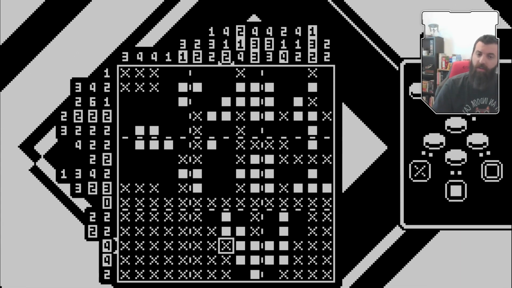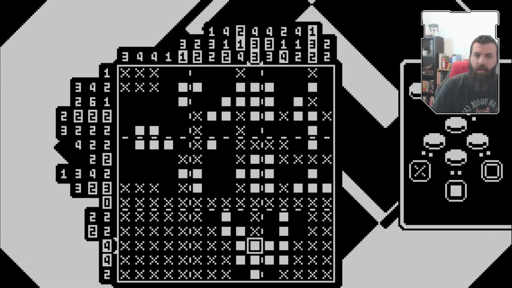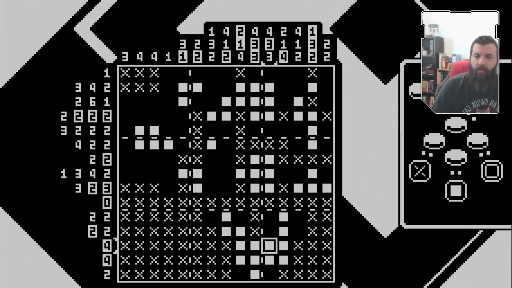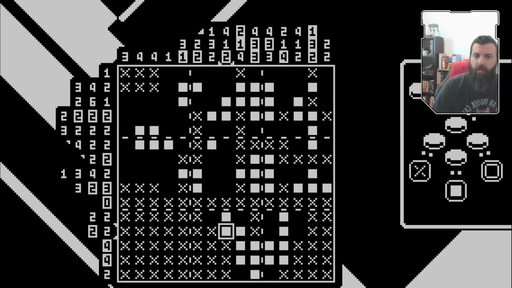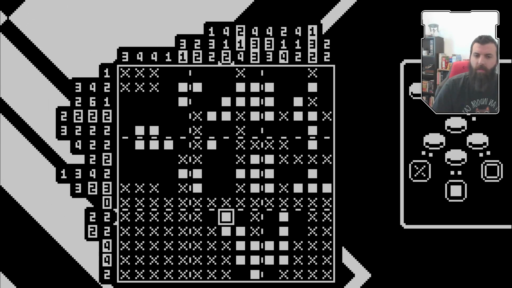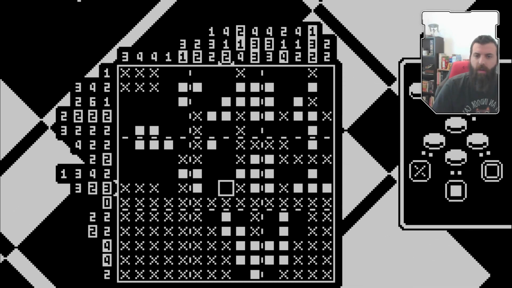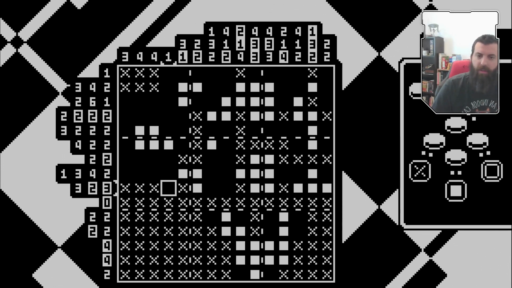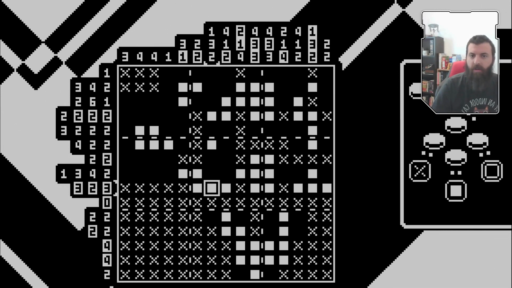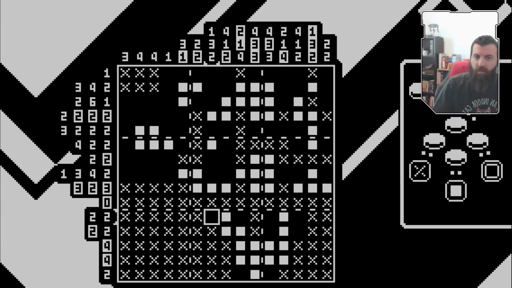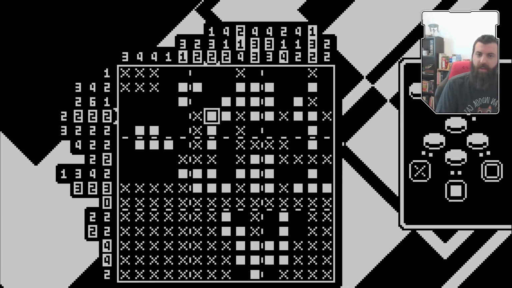Horizontal 4 might be maxed out. But one on this row, only got the ones that are vertical 2 has to be our